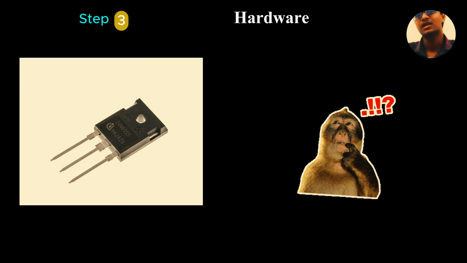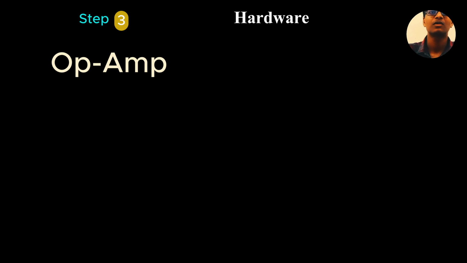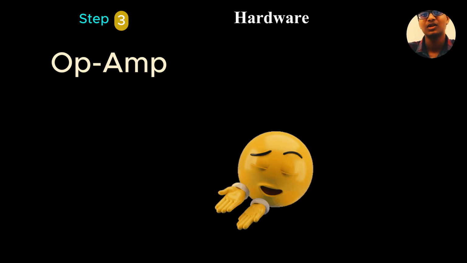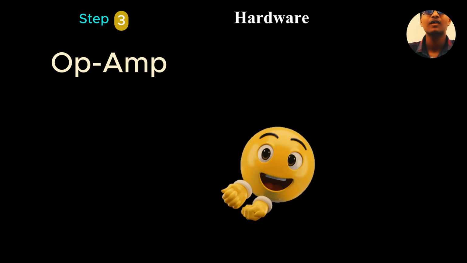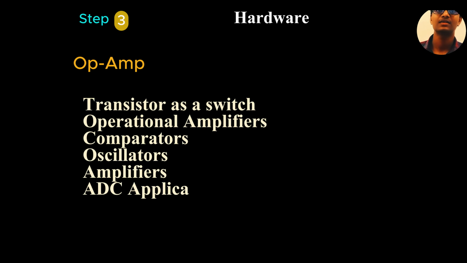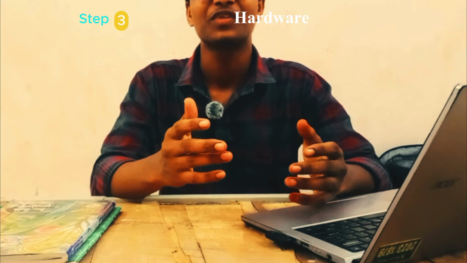Apart from transistors, there is a popular concept called op-amps. Op-amps are widely popular electronic devices used in the industry. But the concept is very simple, only if you understand the working of transistors. And here are the applications of op-amps and transistors. I want you all to go through these applications. And once you finish them, you are ready for challenge 3. Are you ready?